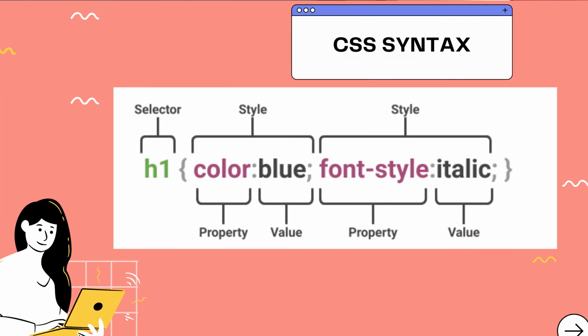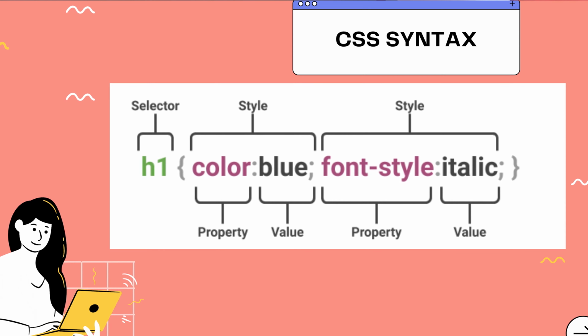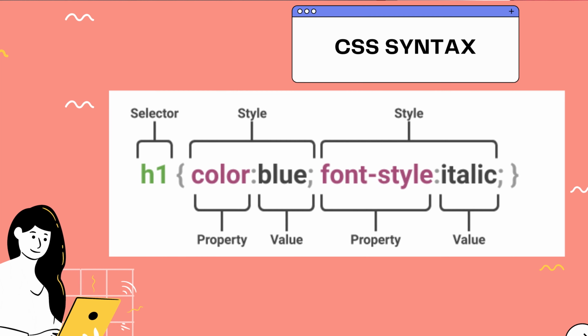As you see here, you have something which is called a selector. I will assume that you know a bit of HTML. If not, you can watch my HTML course before digging down into CSS. So we'll learn the tags in HTML: H1, H2, paragraphs, images. Then you can grab this element name, let's say H1, and this is the selector. You write it down, you open the brackets, and then you start writing the property and the value of this